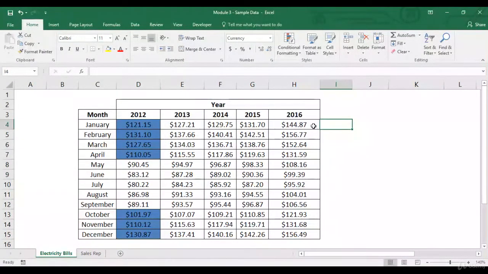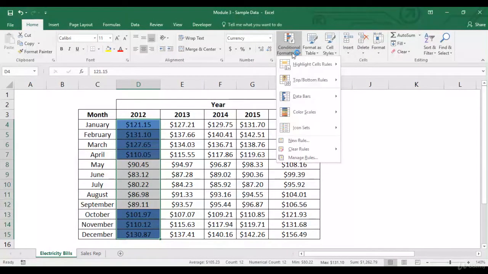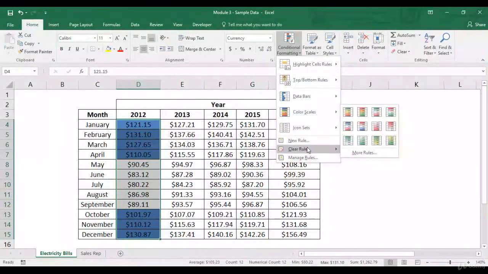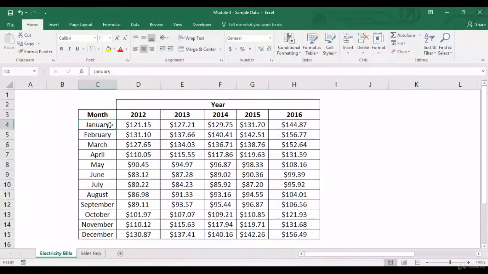Now let's use another formula over here. First, let me clear the conditional formatting from here. Now let's say I want to color those months where the sum of bills over the entire 5 years has been more than $500. So I select all these cells.